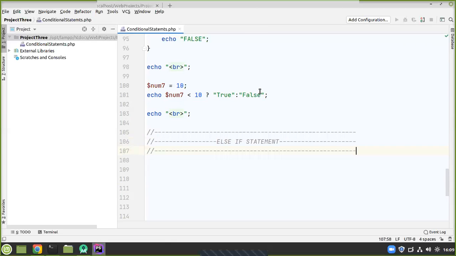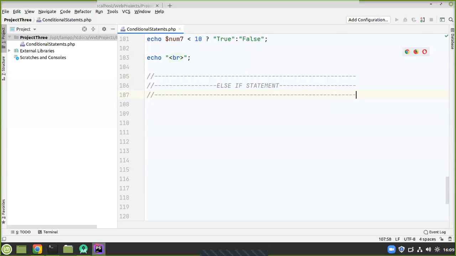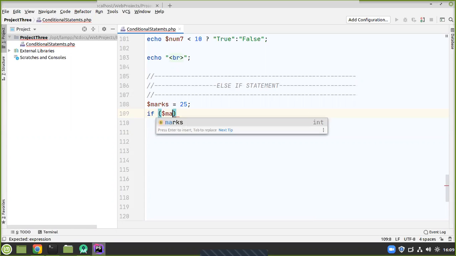Else if statement. So assuming we have a variable like, say, max, which is equal to something like 25 marks, then we want to write an if statement to go through these marks as we check the kind of marks the student has scored, as we assign grades. So real quick, we can simply say if max is less than 25,